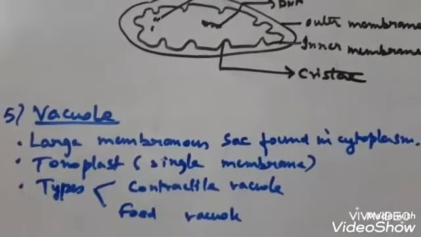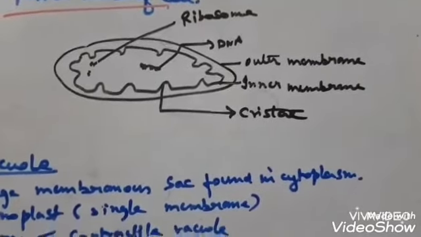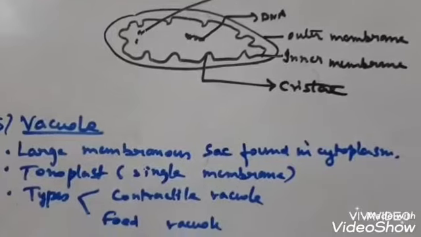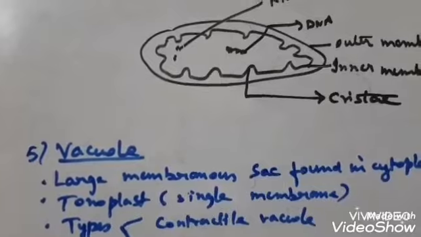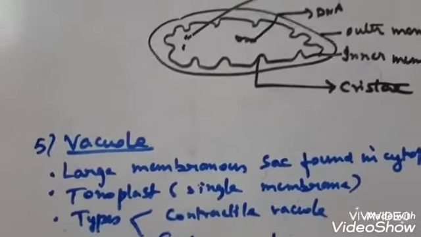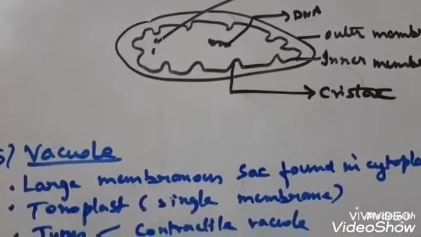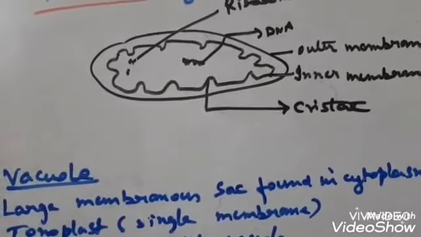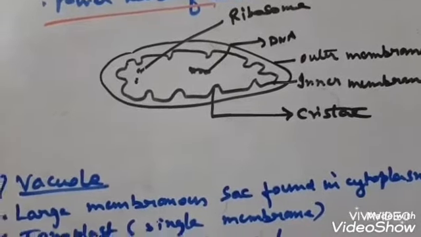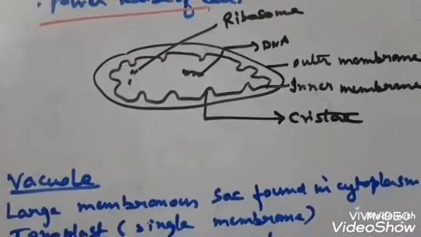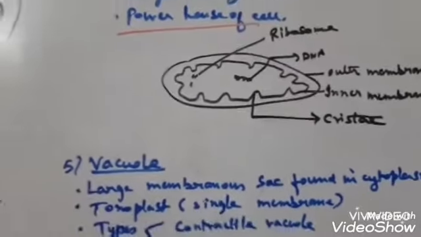Now vacuole is a very large membranous sac bound structure in the cytoplasm. Generally vacuoles are huge and large in the plant cell, and they store various types of substances essential for plants like water, cell sap, excretory products, and various other materials. Plant vacuoles contain not only water but also sugar, salts, and many other components. Even pigments are present. So 90% of the volume of the plant cell is due to the vacuole.